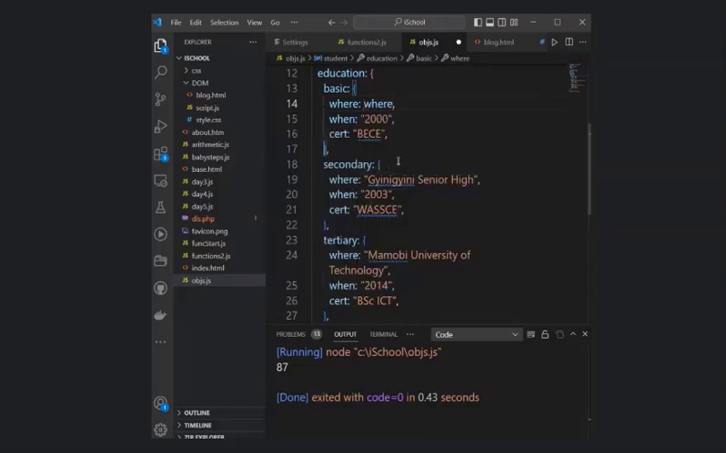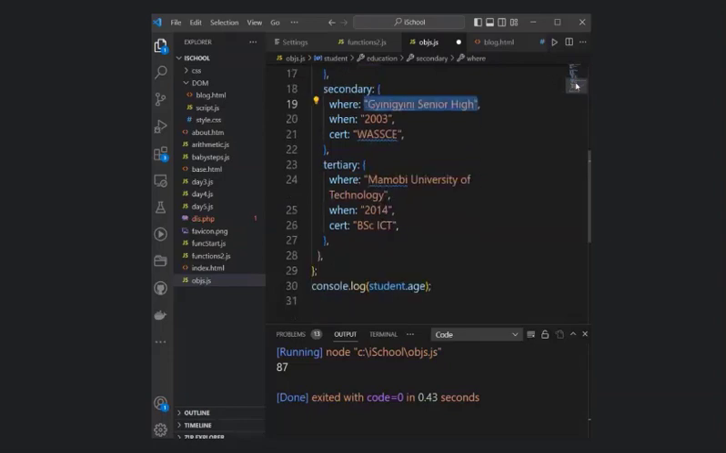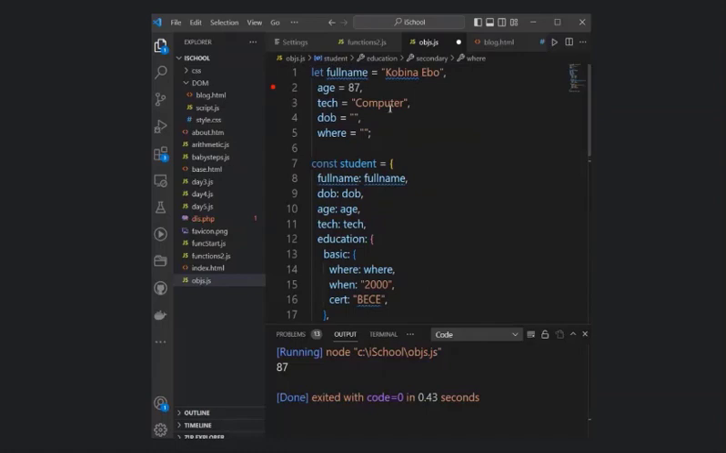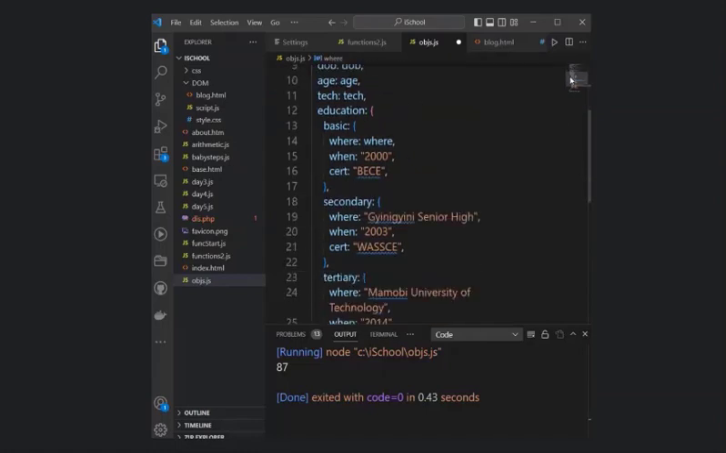Where. When you come here, what are you going to do? We are still going to do where. Well, we did where. But you see, when we are calling these objects, we can do tertiary dot where, secondary dot where. These are objects within the objects. So we can do tertiary dot where, secondary dot where, and then basic dot where. But here's the case that when we declare a variable up there where, it's still going to be where,